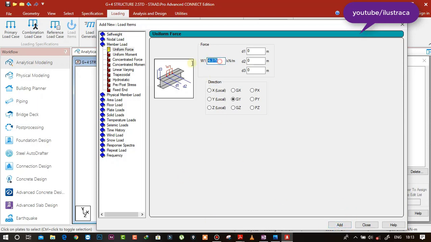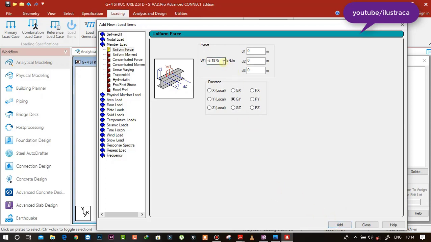Add, and for internal beams, the inner walls, it will be 3.1875, means 125 mm wall thickness I have considered, and the remaining process is same.